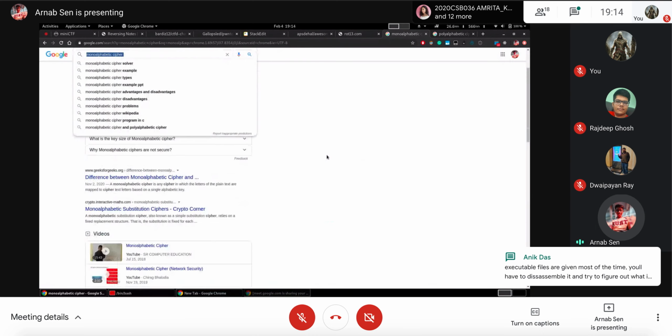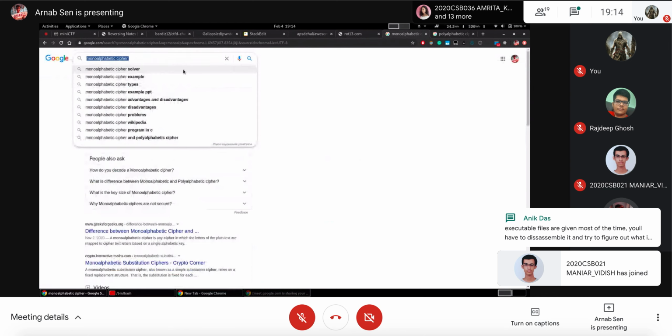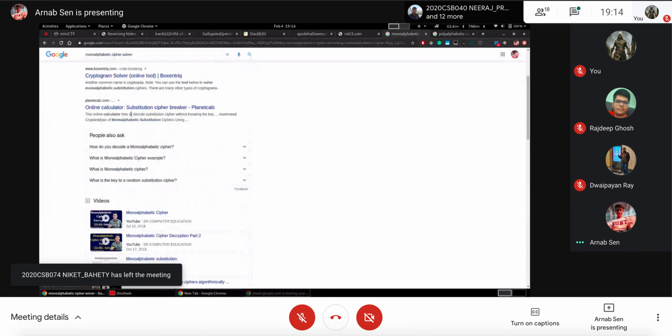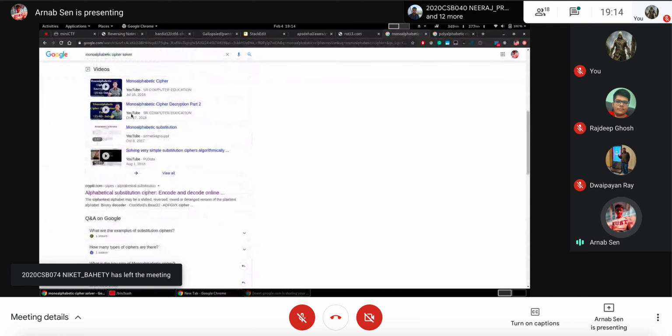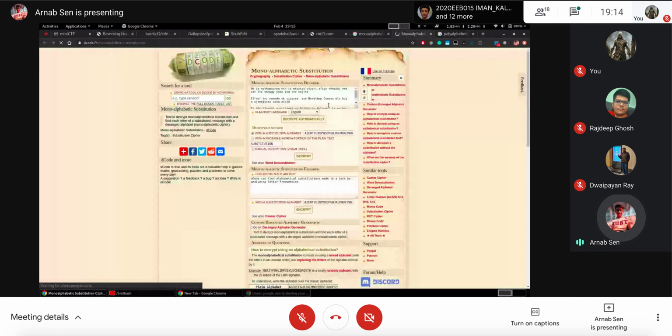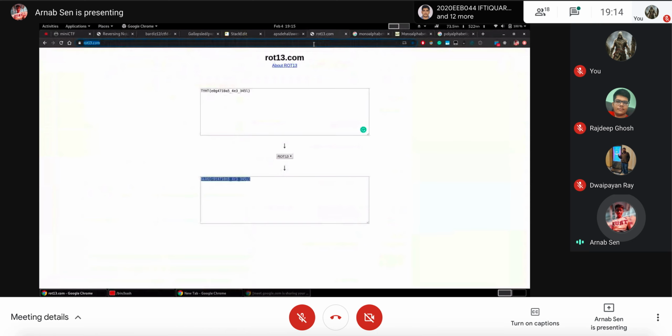There is one solver, I don't remember. Most of the monoalphabetic substitution ciphers can be solved online. What they do is they look at the frequency of each alphabet.